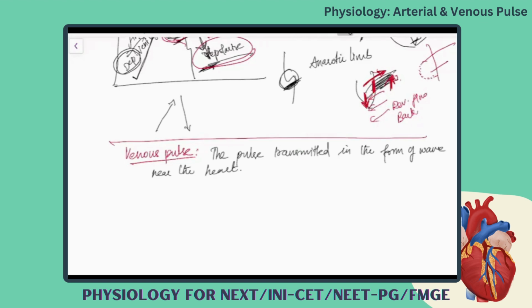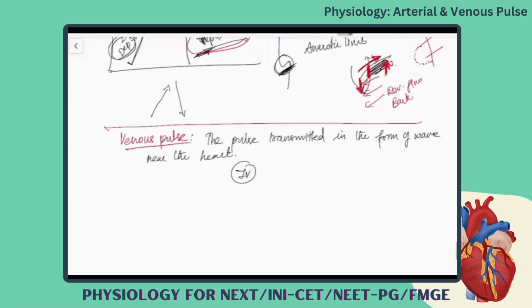So this venous pulse cannot be observed in all the veins. We can observe this venous pulse only in a few larger veins, especially the jugular vein. So that is the most common venous pulse we will always measure. That is jugular venous pulse. Okay. So why this jugular venous pulse is basically considered rather than other veins is because